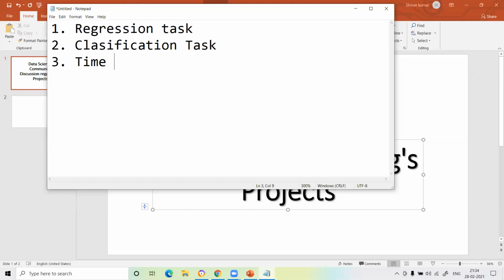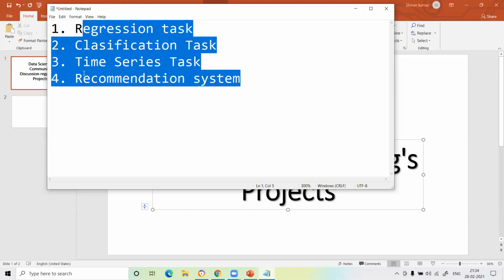For example, let me show you a Kaggle project itself. Just a minute. See, guys, we have to work on these 4 projects: regression, classification, time series, and recommendation system.